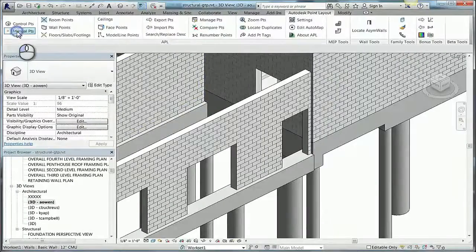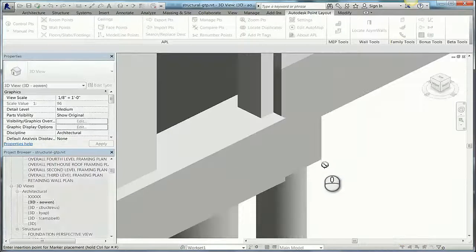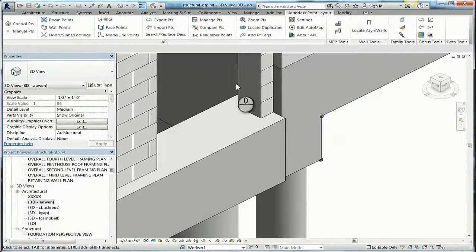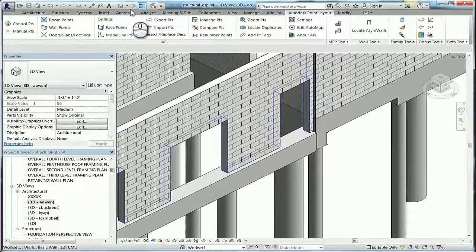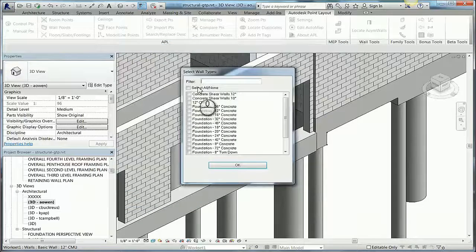All right, so now that we have our control, let's go ahead and start adding points to our model elements. In this case, we'll use the manual point capabilities to add some wall points. We can select either a work plane or an element, and simply doing that, now we have points added where we're clicking. There's also automated tools, and this is the real power behind it, where we're going to go through,